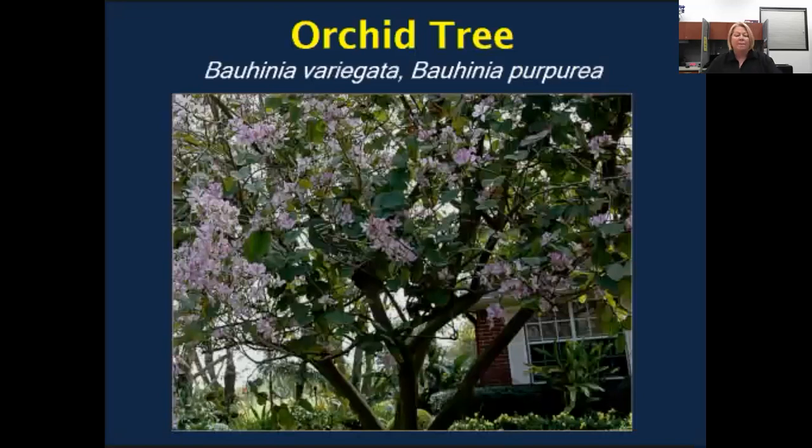Orchid tree. It reaches 20 feet tall and wide. It has a low canopy with a clearance of 3 feet from the ground and is suitable for planting under power lines. It grows at a fast rate and under ideal